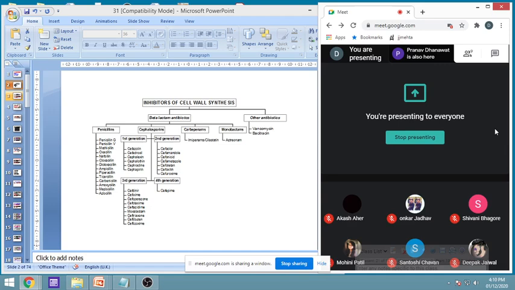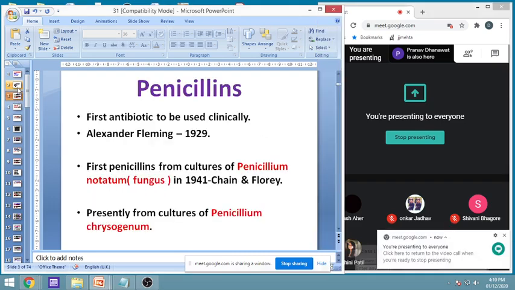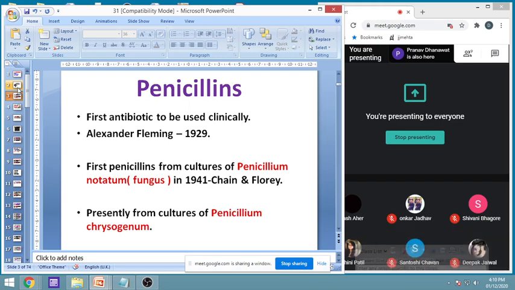Now let us see one by one. We'll start with penicillin, what it is. So the first one is penicillin. It was the first antibiotic, as I told you, which was used clinically. I told you that Alexander Fleming accidentally, or by chance, luckily discovered that because of the contamination of a fungus in a microbial plate, if you have done microbiology and seen the Petri plate, because of that fungal growth which got into that plate, there was a zone of inhibition.